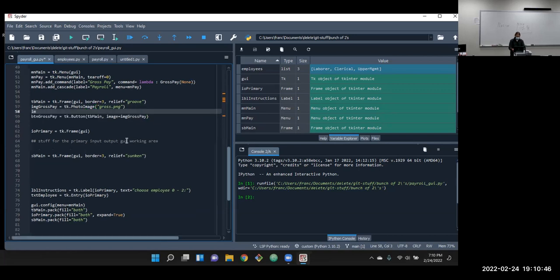Your picture might be bigger, so I'm going to do this. Image gross pay equals. So our widgets are objects, so there's a lot of methods built into objects. We saw that in the previous module and in a prereq for this course. So we see the same things over and over again and develop a better understanding of them. We can see the stuff repeatedly and use it in different situations to get an understanding of it. So that photo image thing has some stuff we can use.